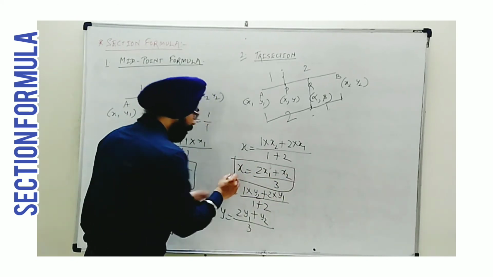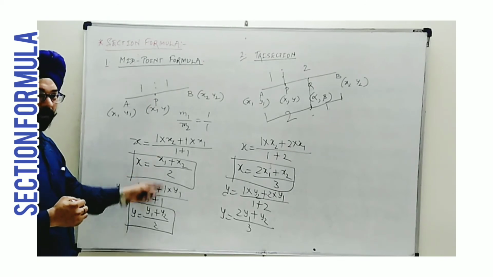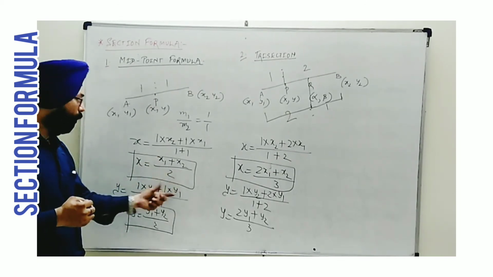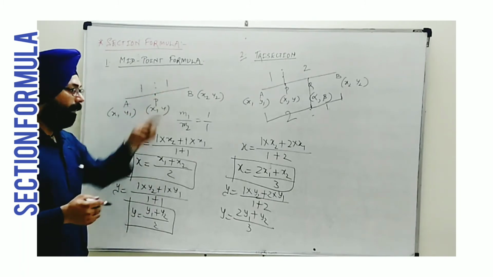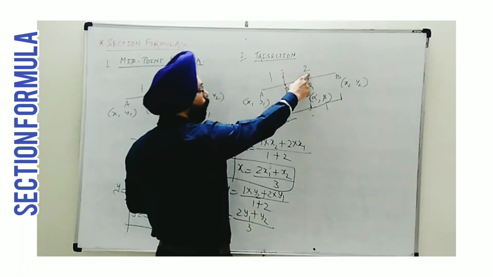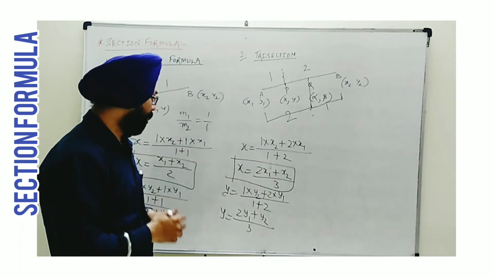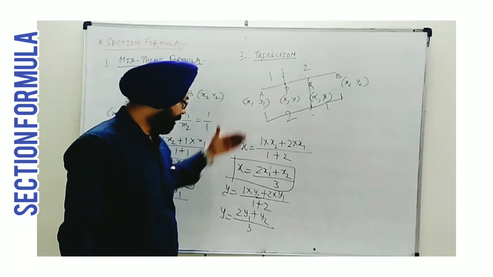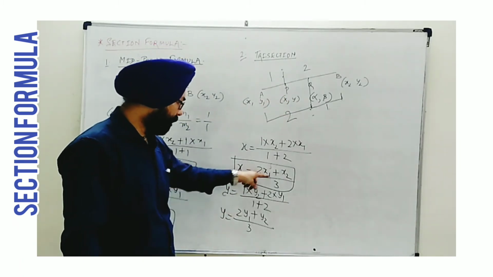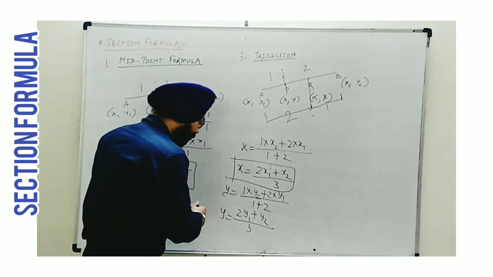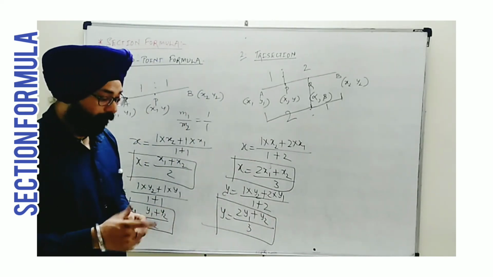Points which are important here. You can see the denominator is 3. In general, in the section formula we have in the denominator the sum of m1 and m2. In the midpoint formula we are getting 2 because of 1:1. Here, because of the ratio 1:2, the sum becomes 3. So in the denominator we get 3. Also, when we are finding the ratio with respect to P, here 2 is multiplied to x1 and y1. Okay, this way you can understand. Now it's not over. We are going ahead.